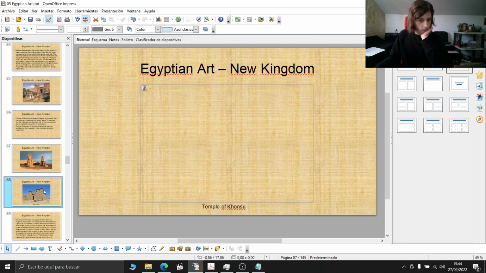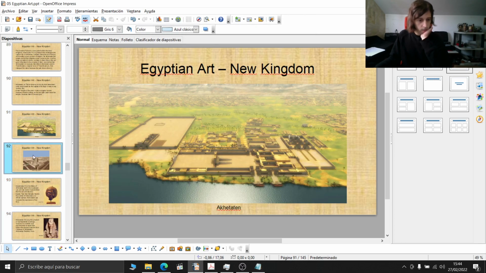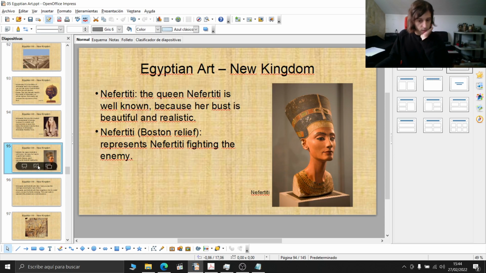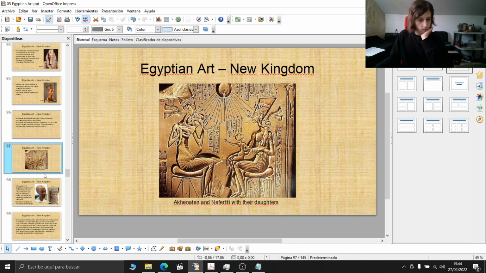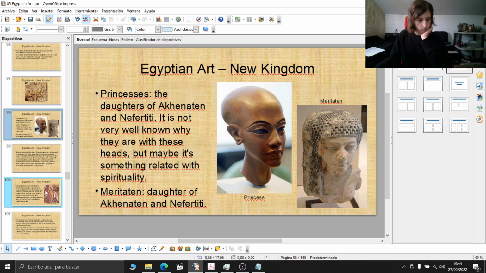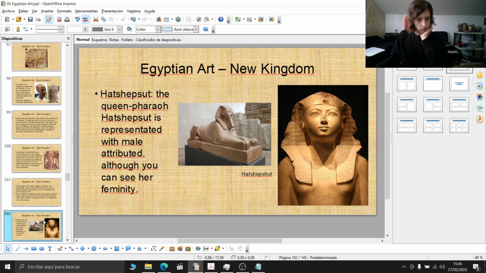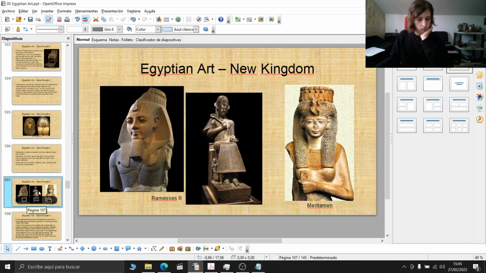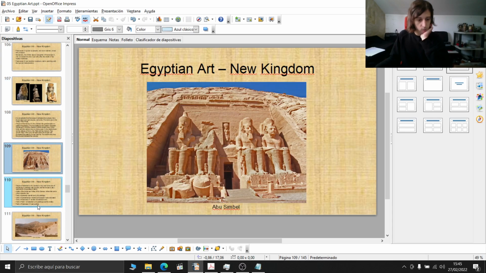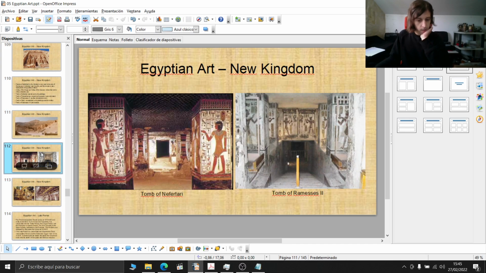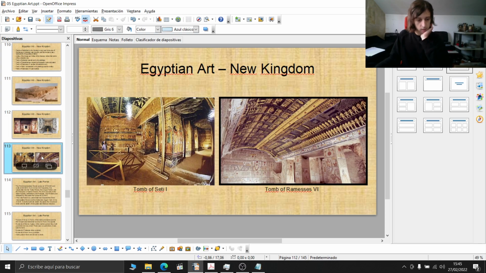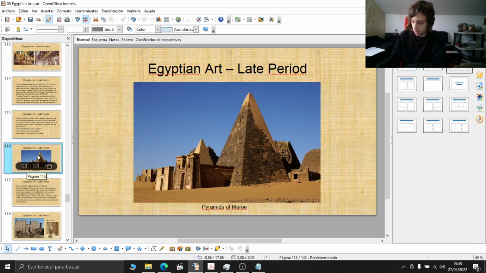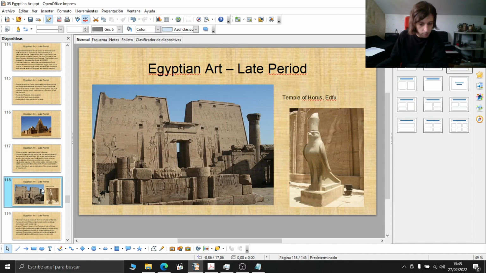I put this. Temple of Khonsu, Akhetaten, Great Temple of Aten, Queen Tiye, Akhenaten, Nefertiti, Akhenaten and Nefertiti with their daughters, Princess Meritaten, Smenkhkare and Meritaten, Hatshepsut, Throne of Tutankhamun, Mask of Tutankhamun, Ramesses II, Meritamen, Abu Simbel, Valley of the Kings, Tomb of Nefertari, Tomb of Ramesses II, Tomb of Seti I, Tomb of Ramesses VI, and then finally the late period, Pyramids of Meroe,